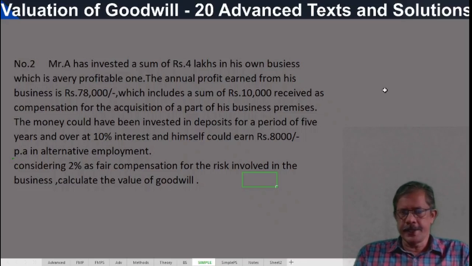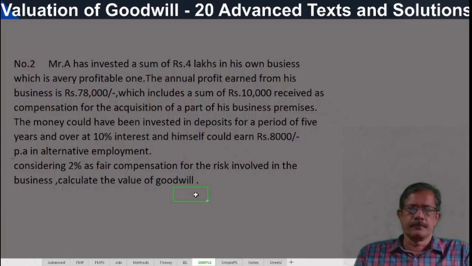In the first part we have studied a brief introduction of goodwill and future maintainable profit. And in this part we will complete 4 more simple problems and 2 advanced problems. Before starting the advanced problems, we have already calculated future maintainable profit. And in this topic, we cover advanced topics on